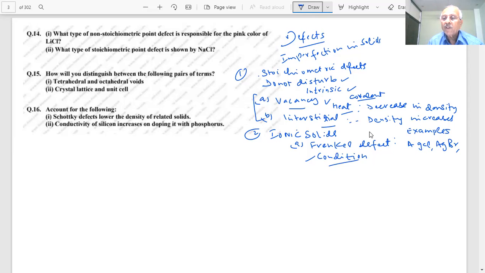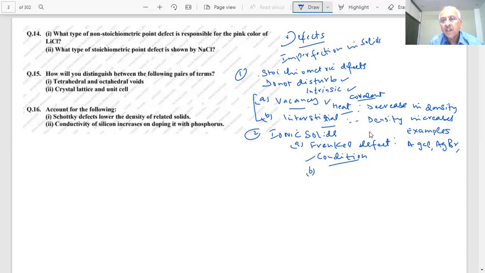So we must learn the conditions of the different types of definitions, concepts, or whatever we are learning. Especially in chemistry, it is very important. Change of condition will result in change of the products in organic chemistry. You have seen, students, very clearly. So there is a large difference between the size of cations and anions. That is why the smaller ones will slip into interstitial sites.